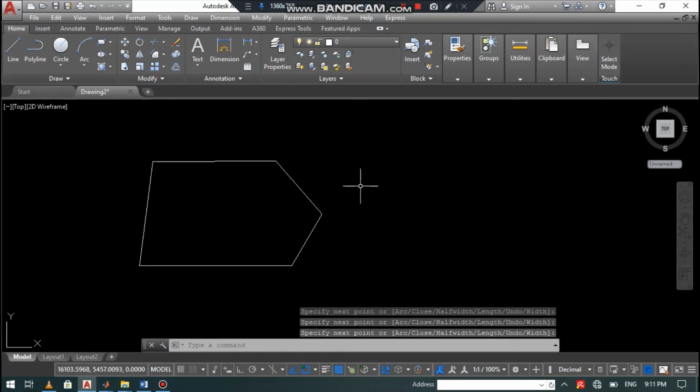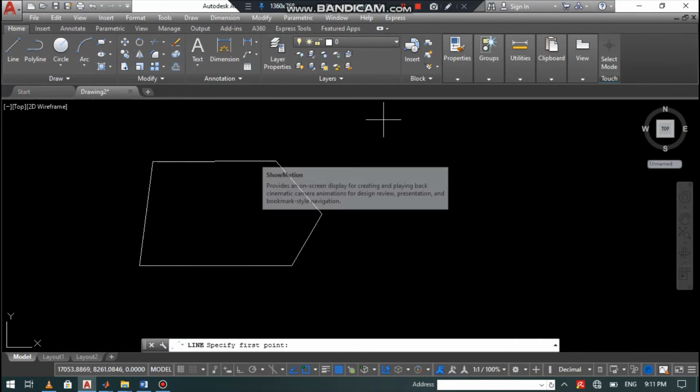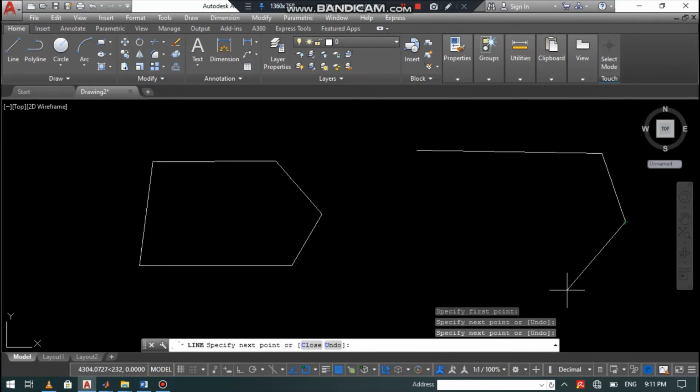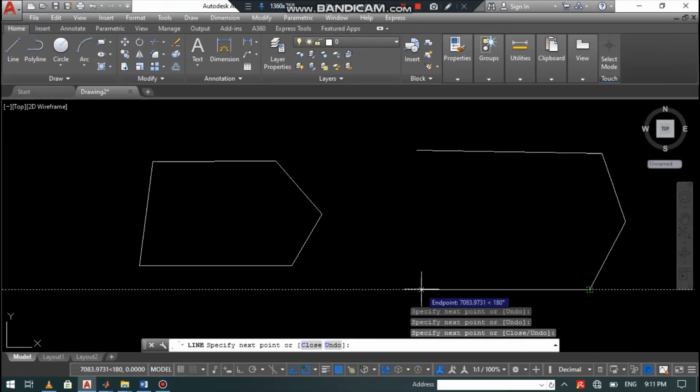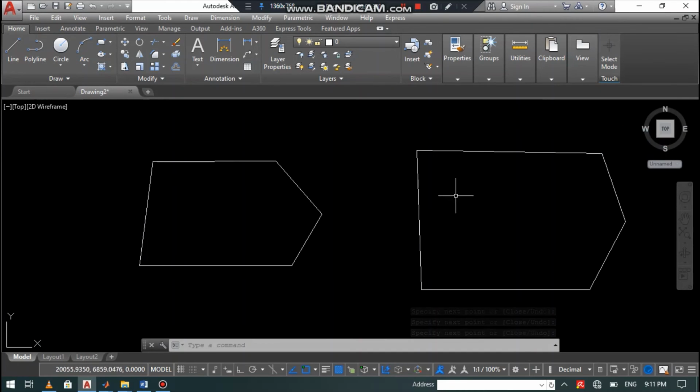Now draw with the line. So we have drawn two objects with different types of lines. One is with the line command, simply this object, and one is with the polyline command, this object.